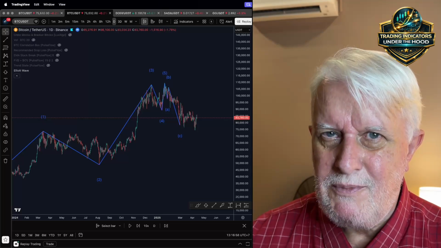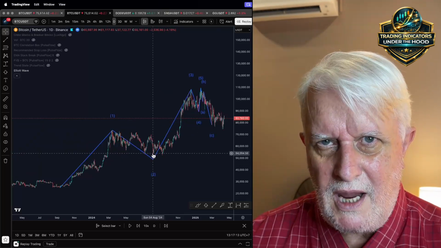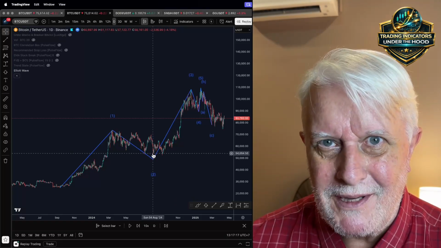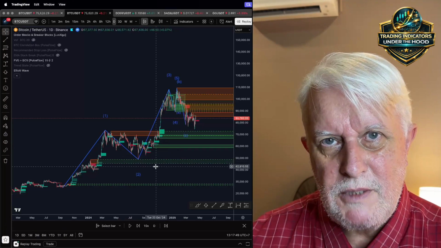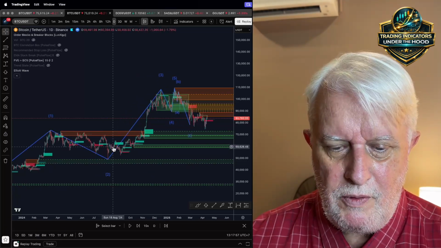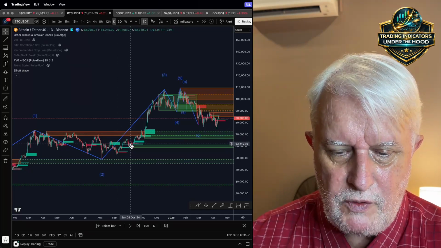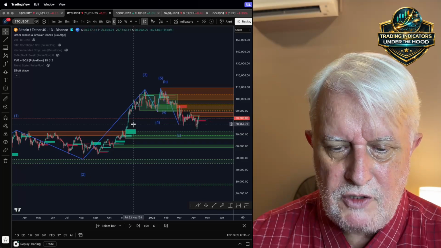Now let's look at this same chart yet again with some institutional context. But this time I'm going to turn on fair value gaps and break of structure. You knew that was coming. Okay. 2 was just a retracement into a bearish breaker block. And then the journey up was a mixture of bouncing off fair value gaps, back into a fair value gap here, forms an order block, comes on up, forms another order block, and shoots on up.